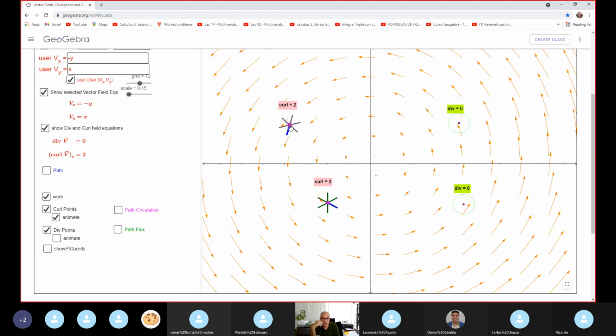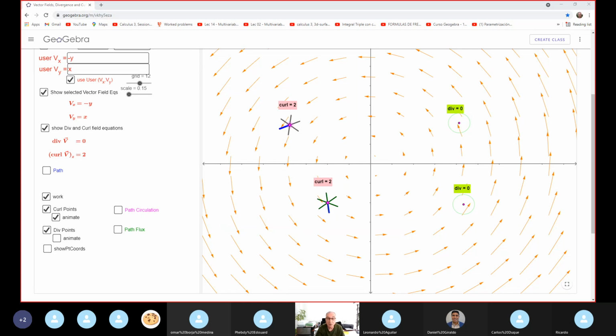In this case it rotates counterclockwise. Sometimes it rotates clockwise. And this vector field obviously is not conservative. Okay, this is the motivation. Now you have a lot of work. Remember, Monday we